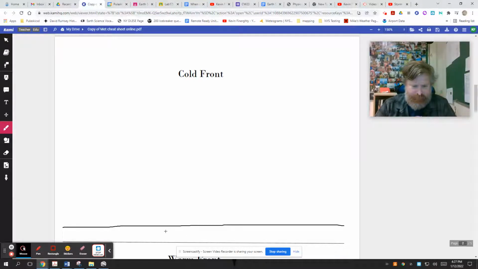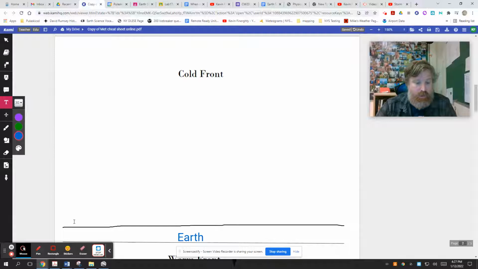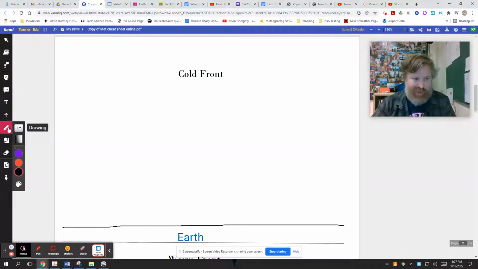So I drew a big line here, and I'm going to label below that, it's the ground, it's the earth. On top of the earth, again, if I could look at a side view. So what I generally do